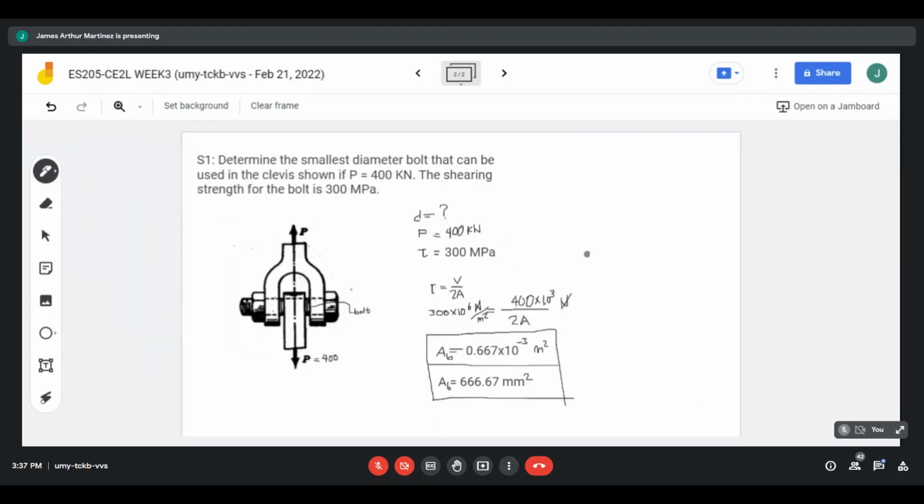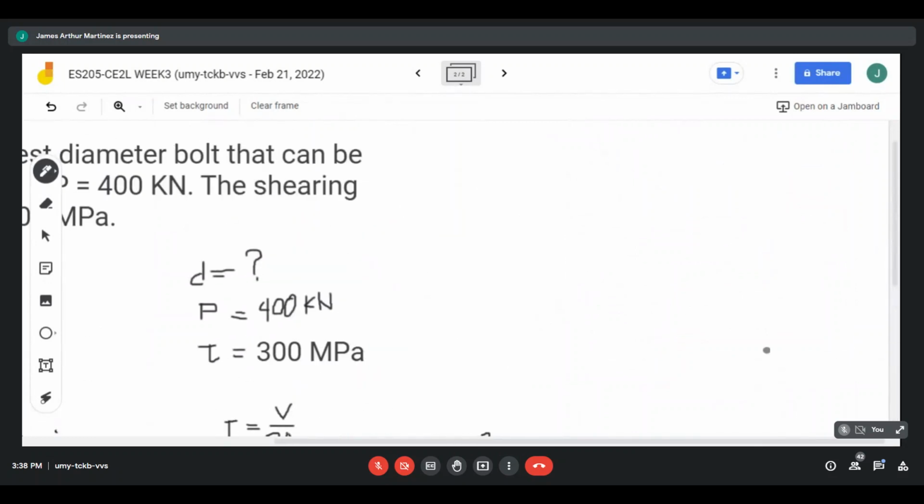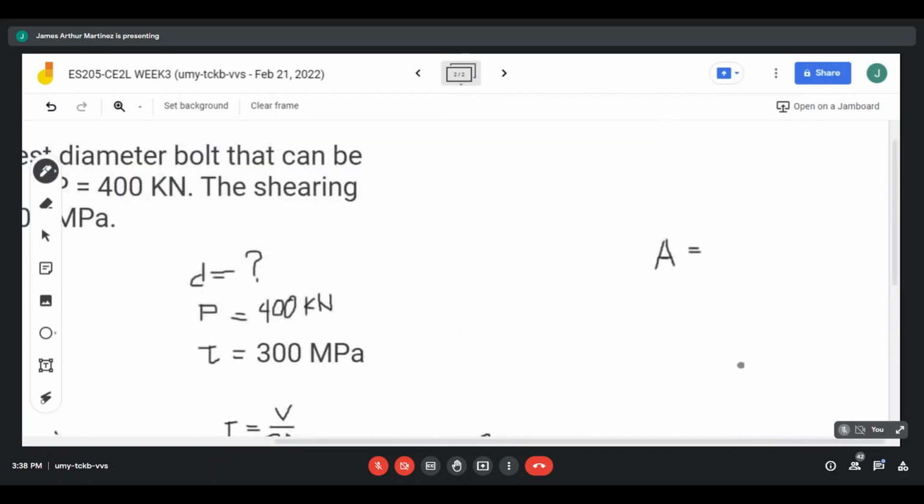Okay? But the area is not what is being asked, since the problem states to determine the smallest diameter of the bolt that can be used. By using the area of the bolt that we obtained here, we can also get the diameter. So the area of the bolt is equal to the area of your circle, since the cross-sectional area of a bolt is just circular. So pi r squared,